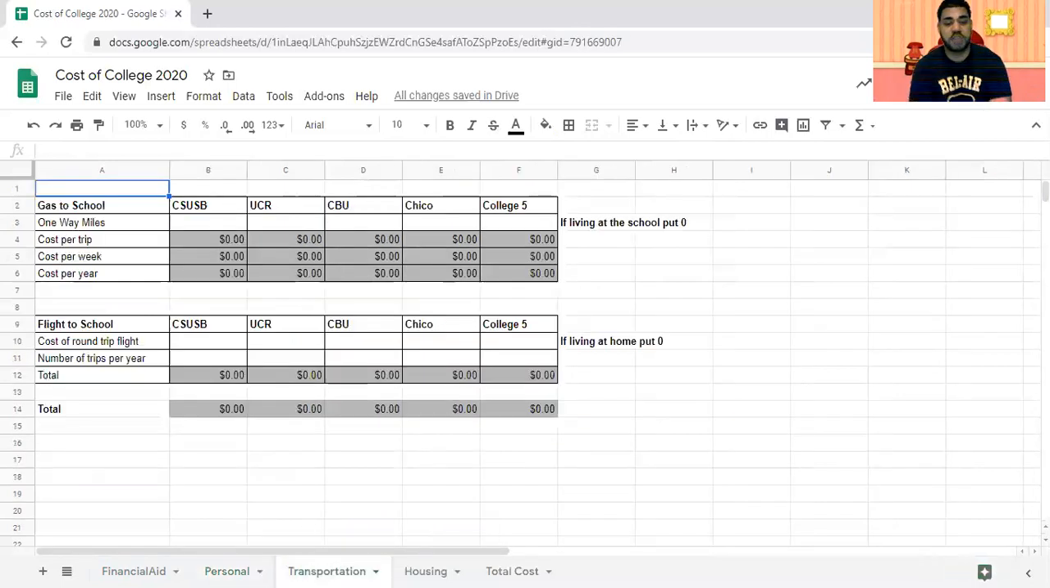All right, transportation, same thing. The gray parts you leave blank. The white parts you fill in. So what you're going to do is go to Google Maps and search how far it is from your house to